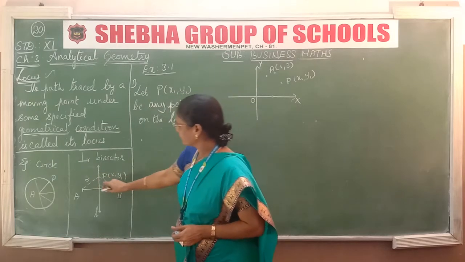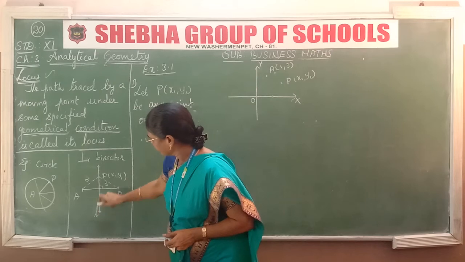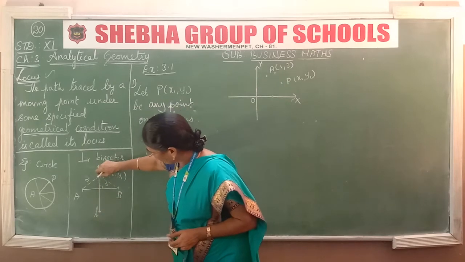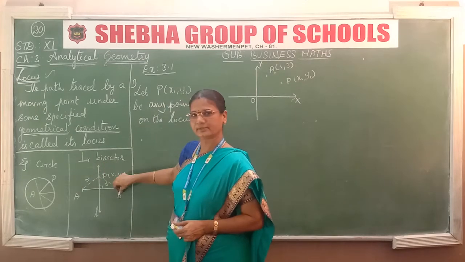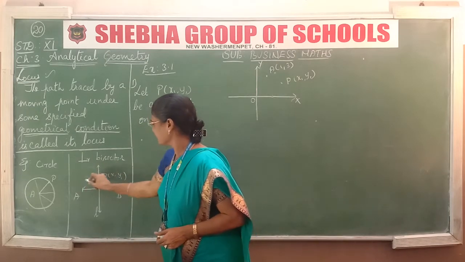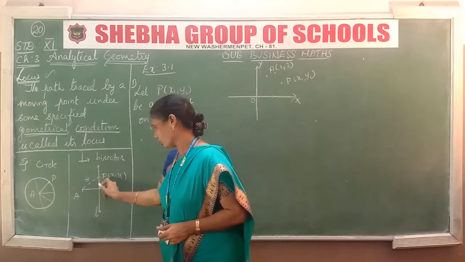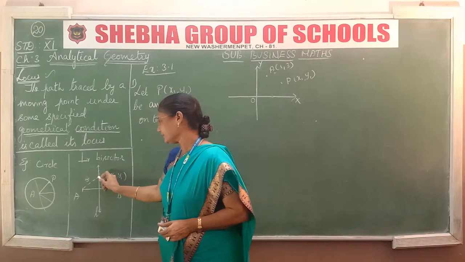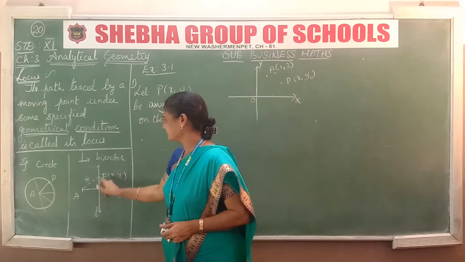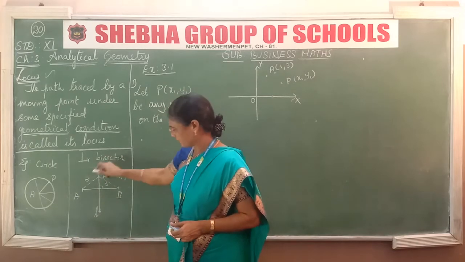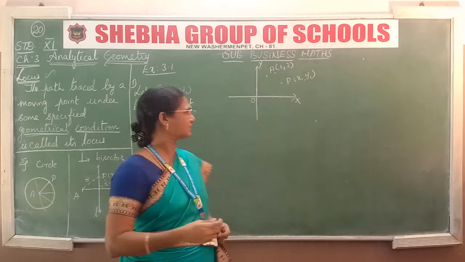Similarly, if you take any line AB and the line L. On L take any point and find the distance from A and B, and clearly these two distances are equal. That is, any point on L is equidistant from A and B. In this case, our L is the perpendicular bisector of the line AB. We have studied all this in lower classes.